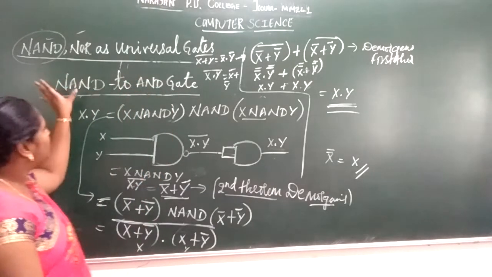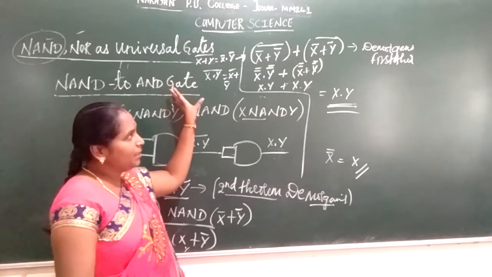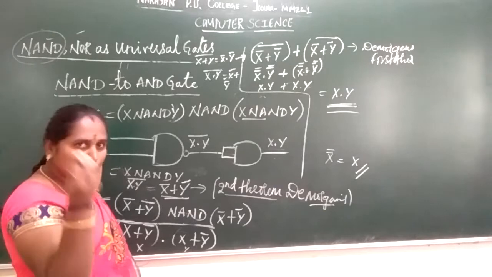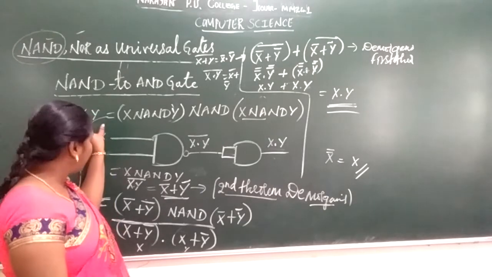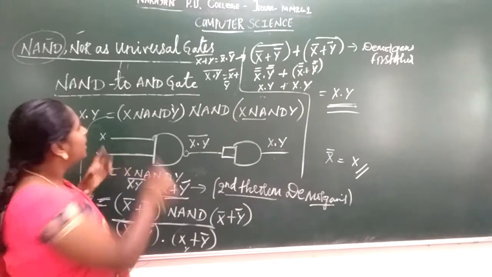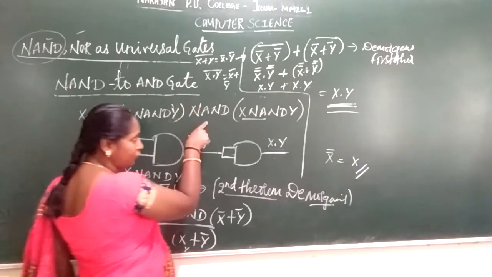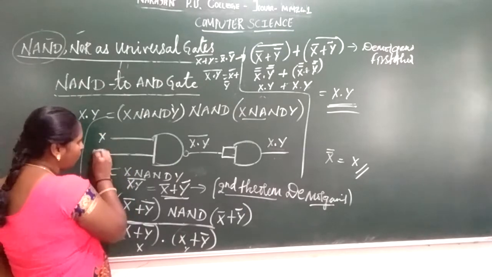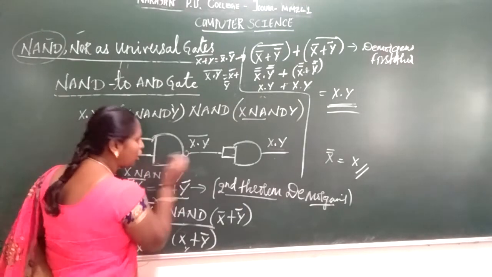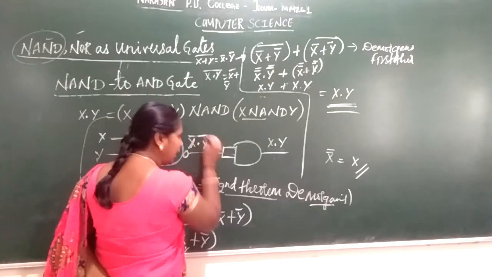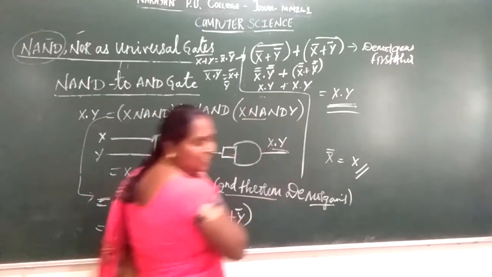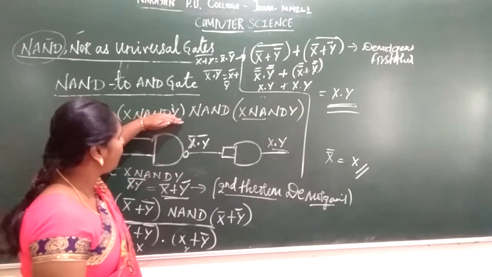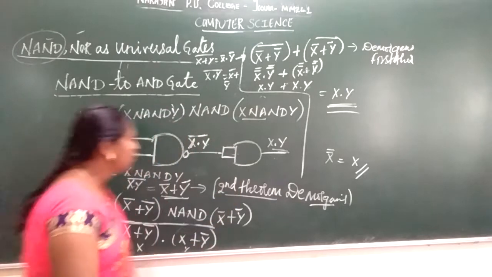Once again I explain. Using a NAND gate, how can an AND gate be implemented? First you consider x dot y; for the AND gate you should get the result x into y. So for that, how can the expression be written? x NAND of y, and again you have to NAND. In such a case, taking x, y, use a NAND gate; the output result is nothing but complemented. Again you complement this, you will get the original values. So according to that, the expression is written as x NAND of y, NAND of x NAND of y.